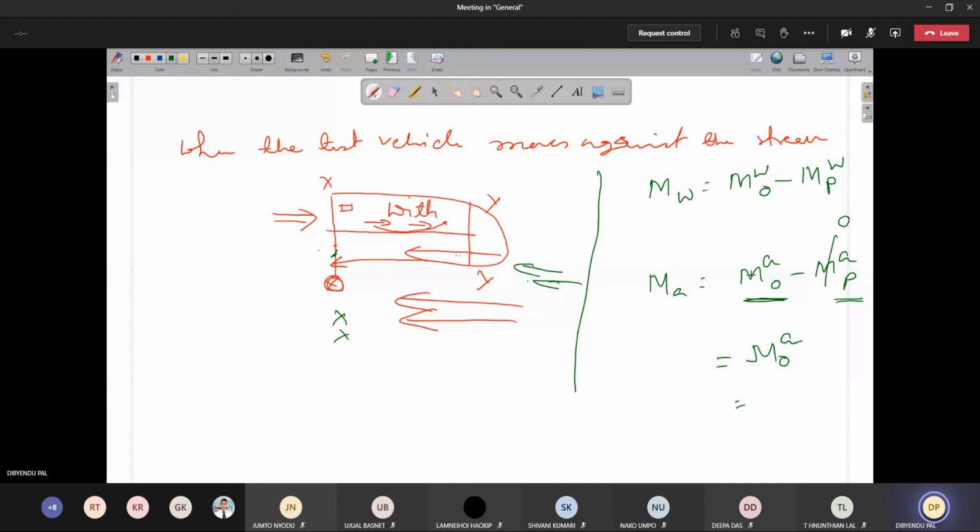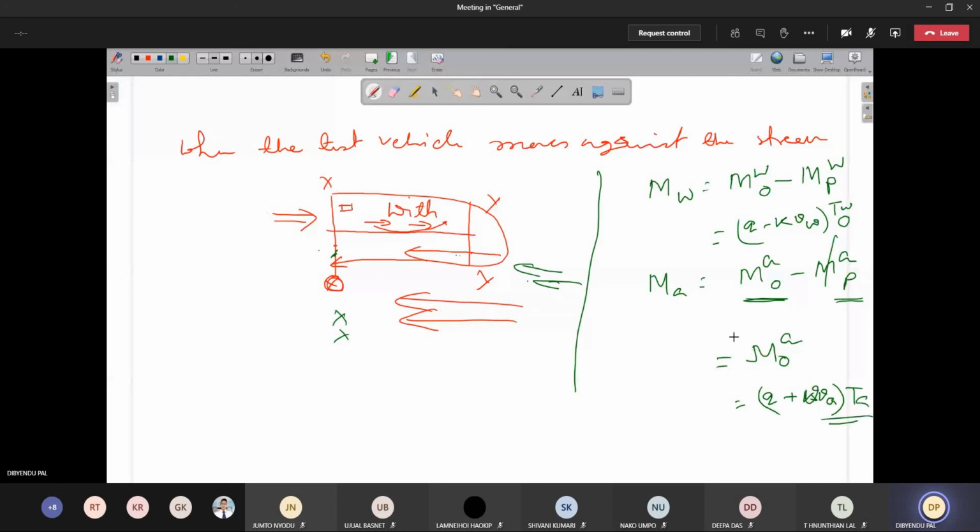Okay, what we have seen earlier, MW. What was MW? MW was Q minus K BW TW. So what will this value be? You can calculate it in a similar way. It will be Q. Now here it will not be minus, it will be plus. I'll just show you how it is plus. K BA into TA. Okay, I can define it.